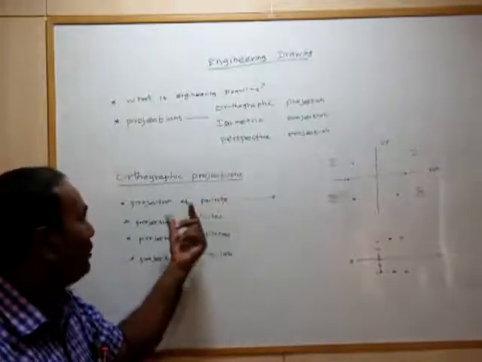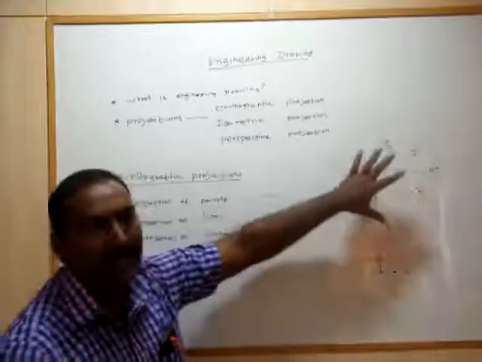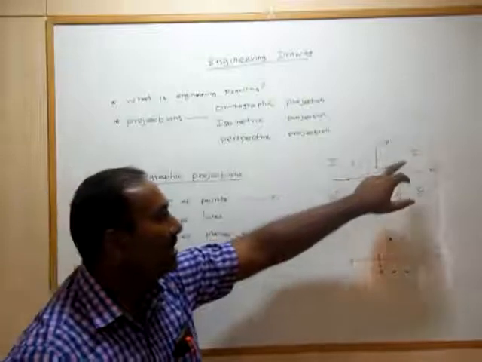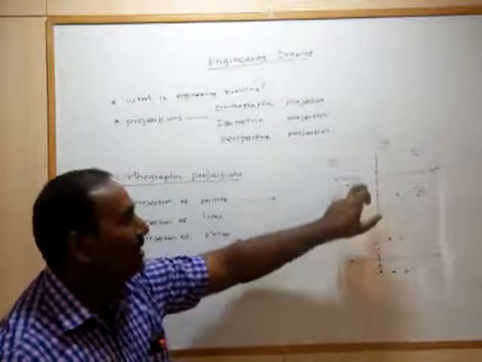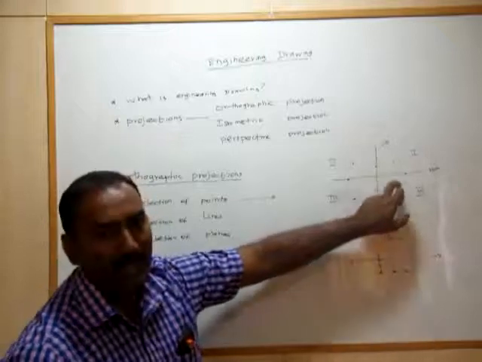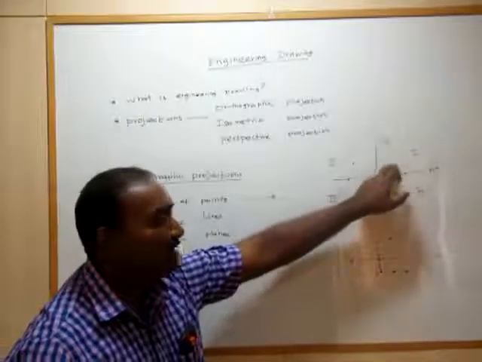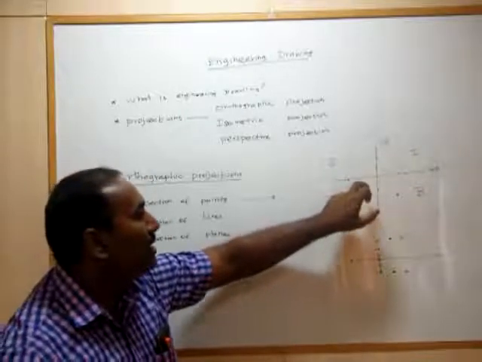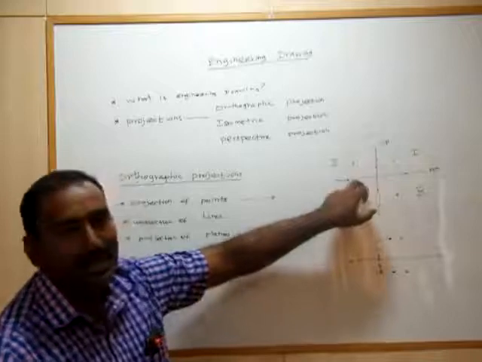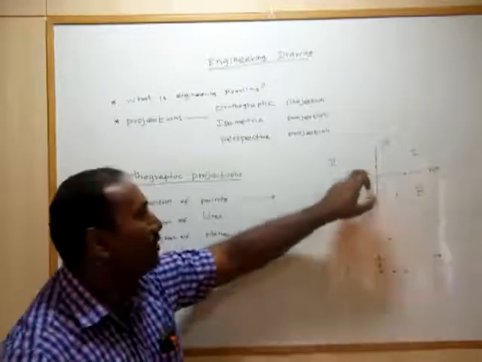So first, the projection of points, we are going to see in 4 angles of projection, just like quadrants: the first angle, second angle, third angle and fourth angle. In the engineering field, they use first angle projection and third angle projection. The reason behind that is these two angle projections do not coincide with each other, but the second and fourth do coincide.